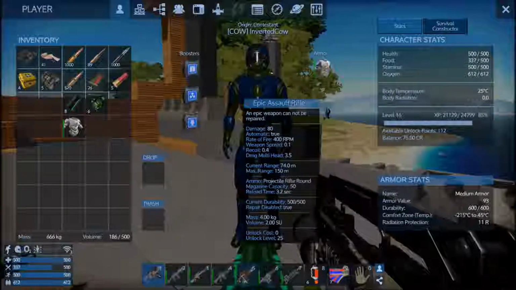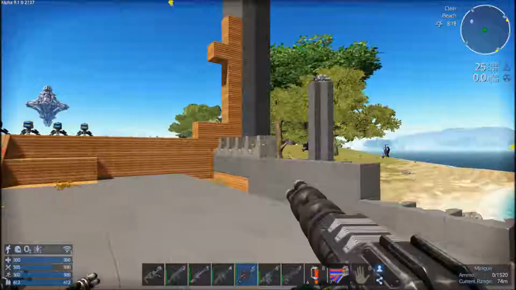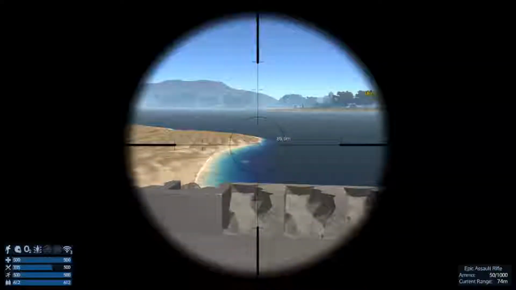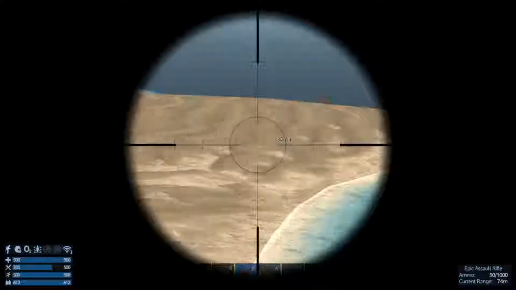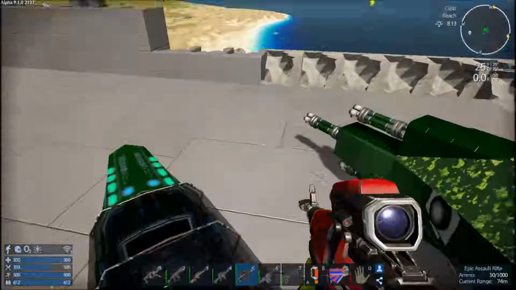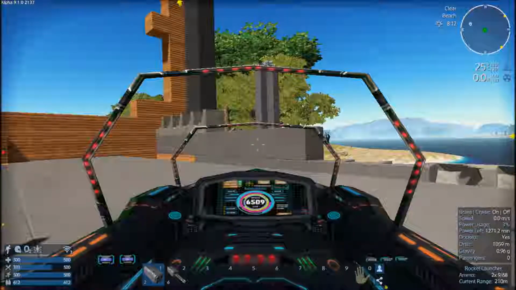I also got an epic assault rifle, so hopefully no more weapons climb. When I'm using it, it shouldn't fire like this guy's holding it with a piece of string. So